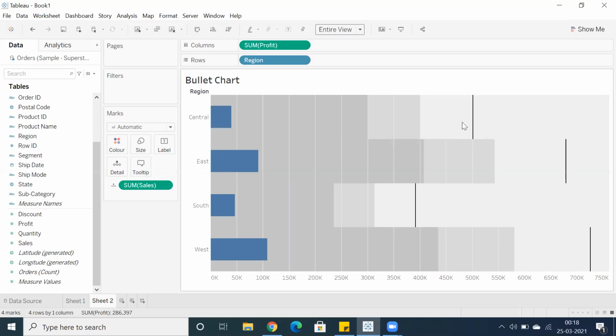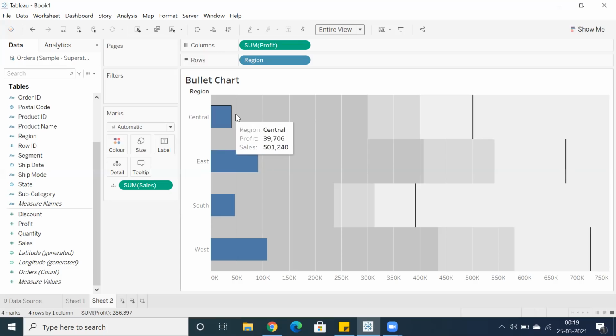So what I mean to say is, we have sales and profit. Something like this is the actual sales and this is what was achieved, or what we call profit information. So something you can compare, like target versus actual kind of information. But let's consider we have sales and this is the profit.